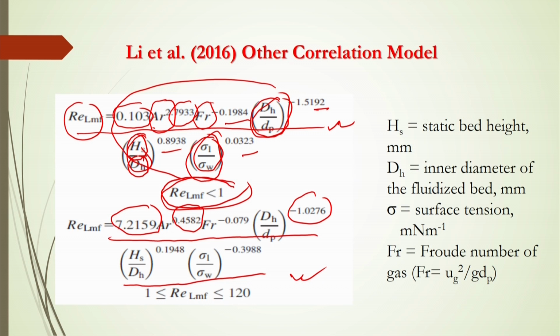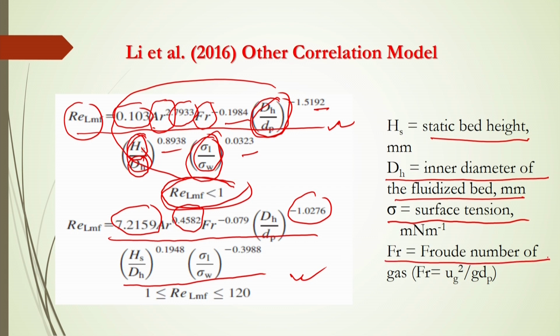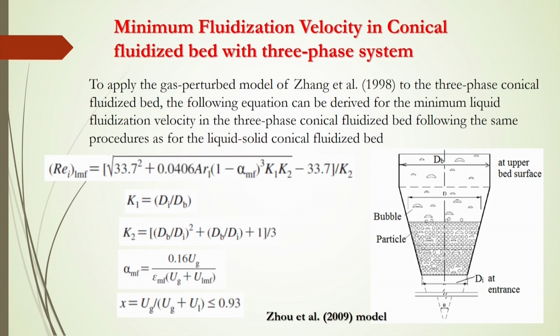In this case, you will see this S, S is the static bed height. What is the static bed height? ds is the inner diameter of the fluidized bed or hydraulic diameter. You can consider this if it is a two-dimensional bed, and sigma is the surface tension, and Froude number is denoted by Fr, which is defined as Ug square by g dp. Now, for minimum fluidization velocity in a conical fluidized bed with a three-phase system, they have done some experiments